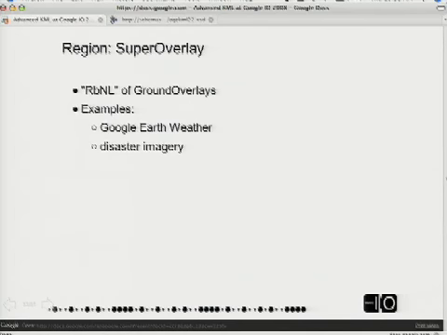Super overlay is a pretty interesting one. That's my favorite use of regions with network links, and that's been used in the weather, which we'll look at in a second, as well as very up-to-date imagery for some of the unfortunate events around the world, which have been helpful both to keep people up to date about what's happening in these places, as well as helping the people on the ground. One very cool thing about KML,